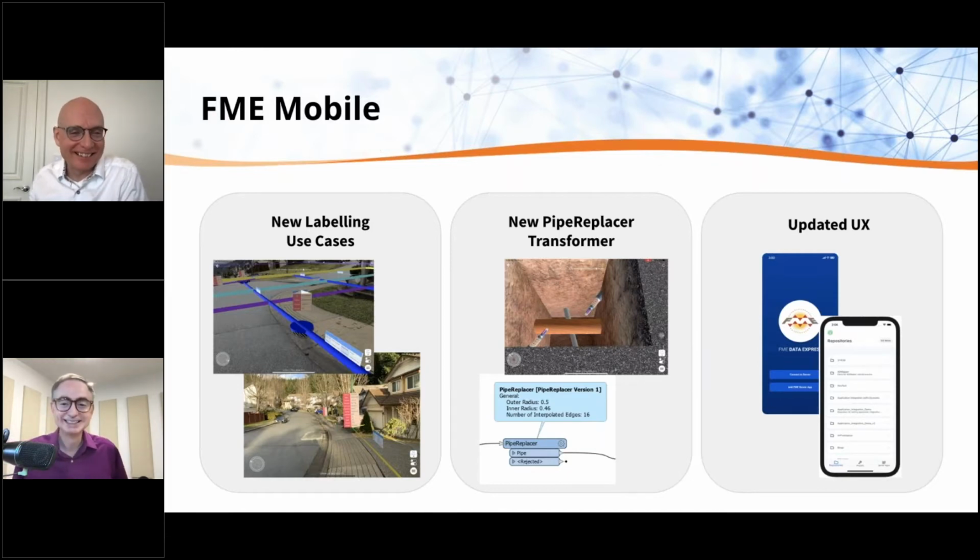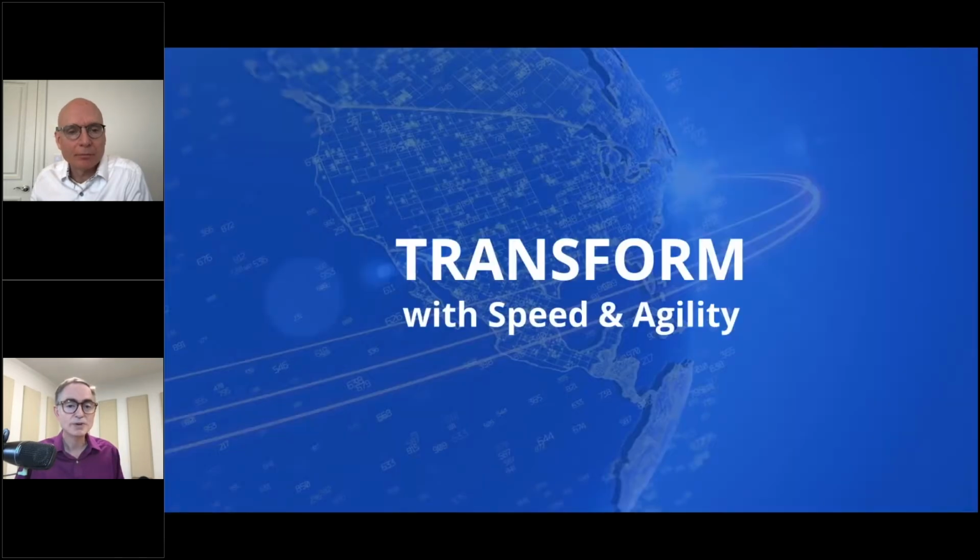So anyway, and lastly, on the FME Data Express, which is a thick client, I guess, or a mobile client for FME Server apps. That's got an updated user interface. Part of our big effort at SAFE is our design team, and we've been adding staff and capacity there. One of the places is unifying the look of our stuff across the whole platform, but also on mobile. So that's mobile. Now we whip over to transform.